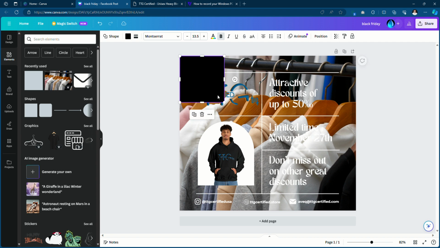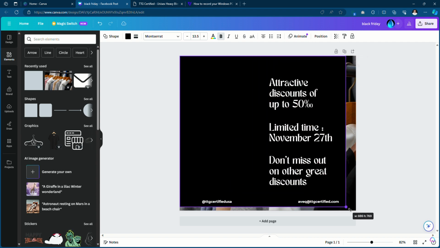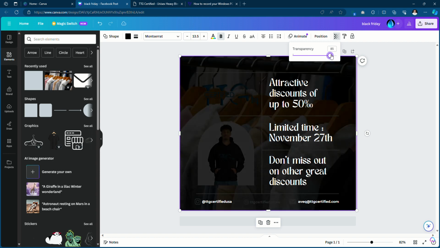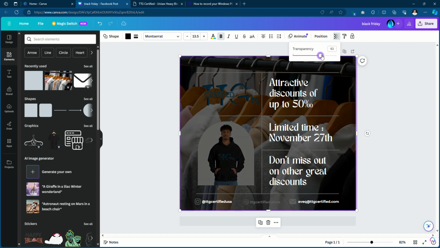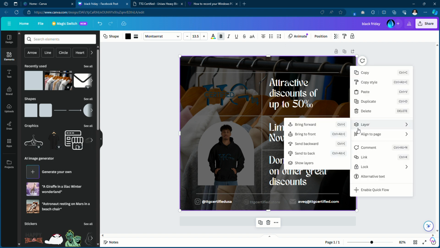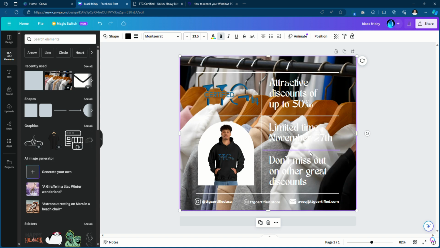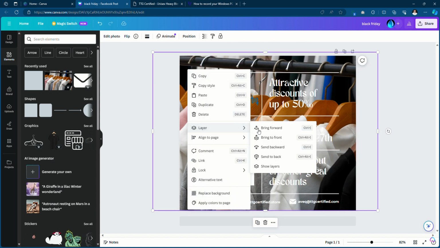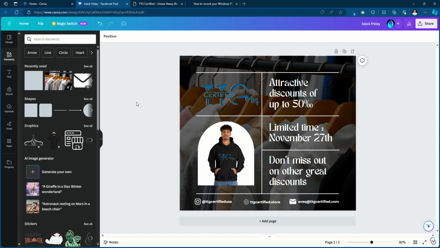Then drag it, fill the whole page, and transparency, let's make it 60, then let's send it to back, then send this image again to back, and that's it.